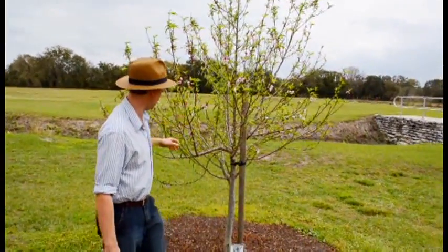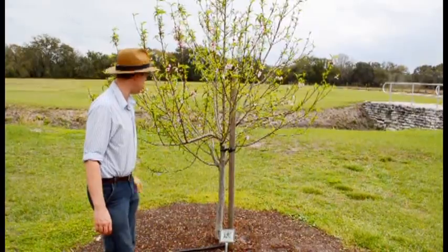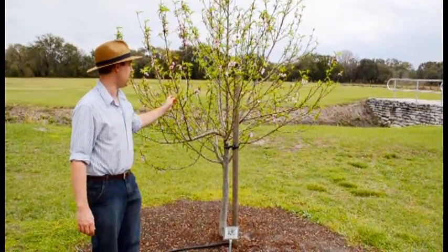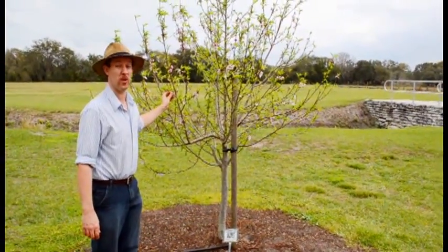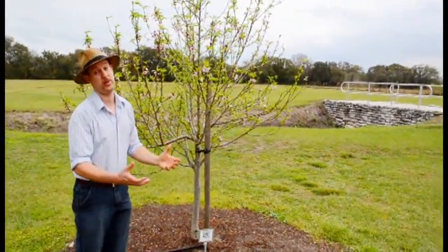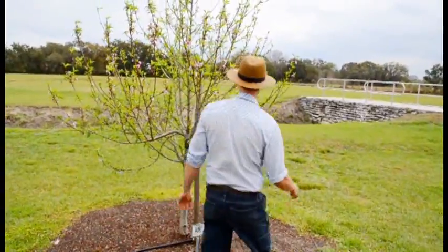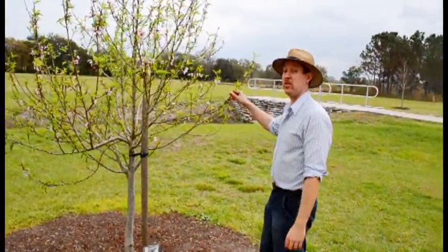This is a peach tree. Peaches are not the easiest thing to grow in the world. They tend to be kind of needy also, but unlike apples, I think peaches are actually worth it. The apple, you get an apple, but with a peach, you get a peach. I like that. But the peaches here particularly have a problem with nematodes, which is why a lot of people